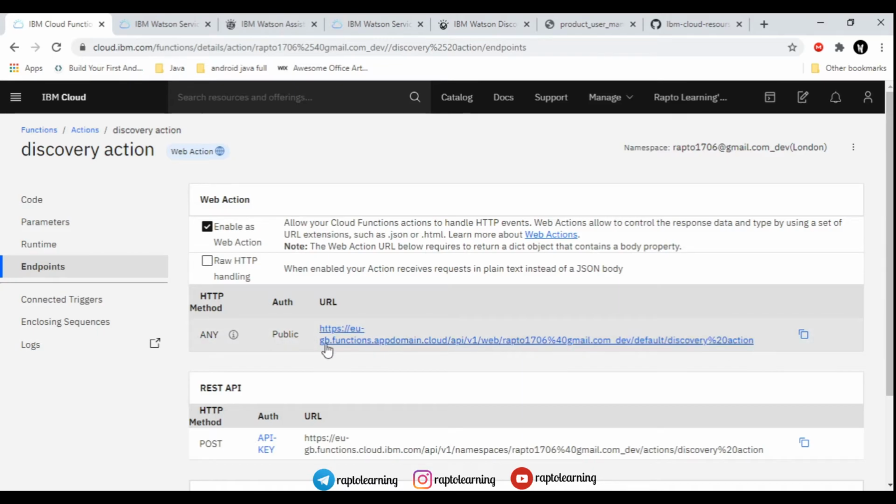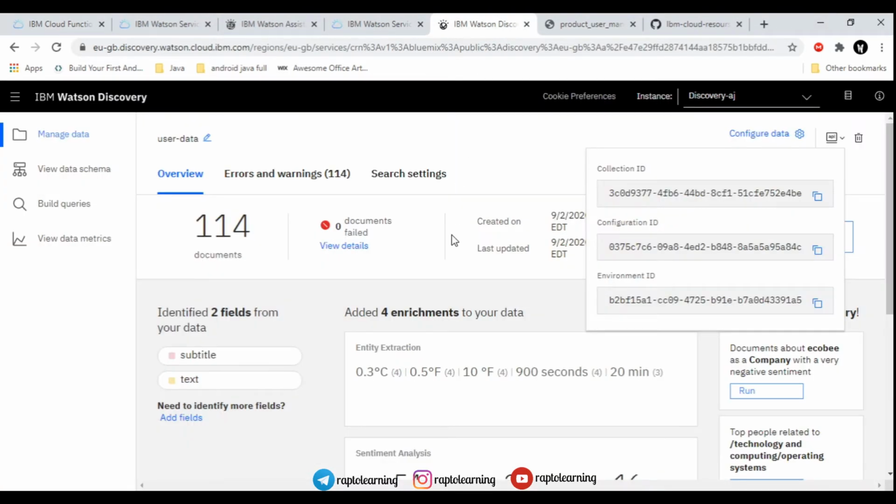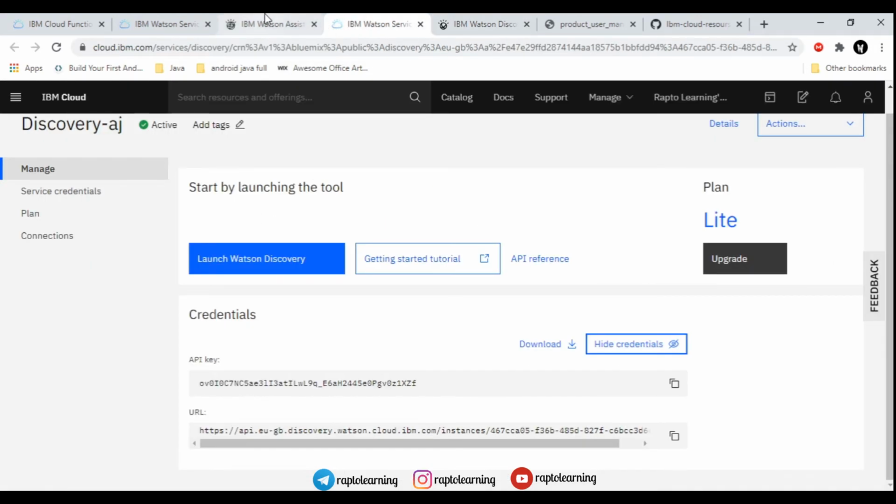You just need to copy this URL and paste it into the webhooks in the Watson Assistant tab. Make sure that you have all the parameters and all these things are ready, and the code is similar to what I have mentioned, and you will get that code in the description below.